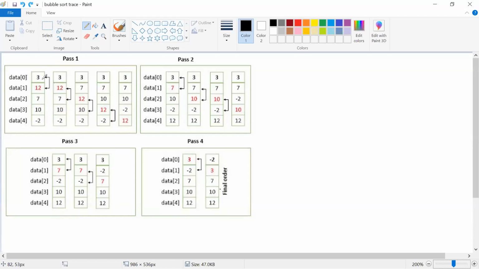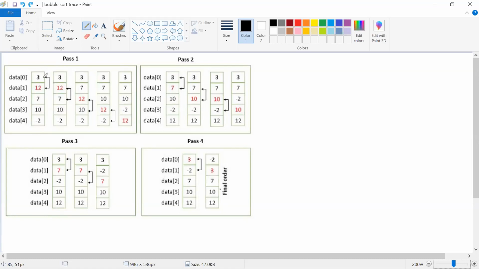Here we have to arrange the elements in ascending order. So we already know that we have to take the smallest element to the top, or take the largest element down. Either you sink the largest number, or you take the smallest number to the top. Both are the same.